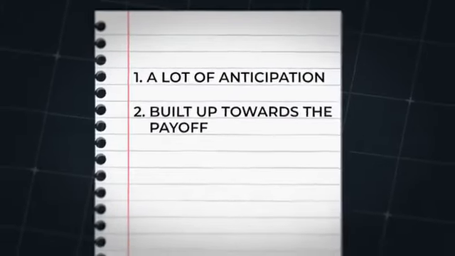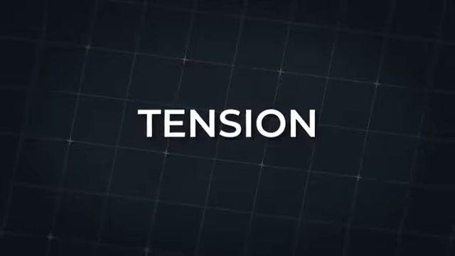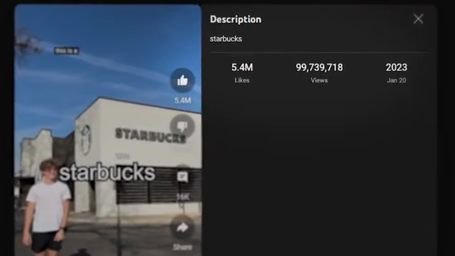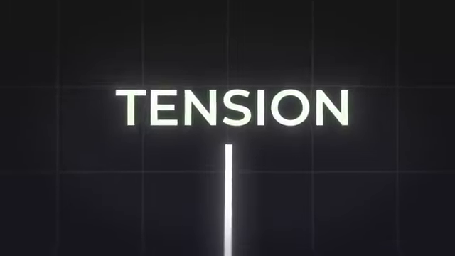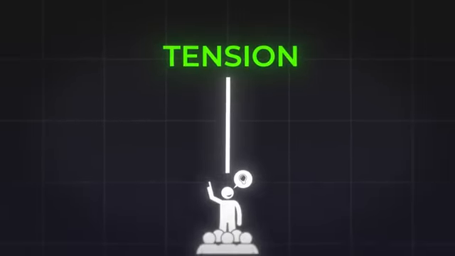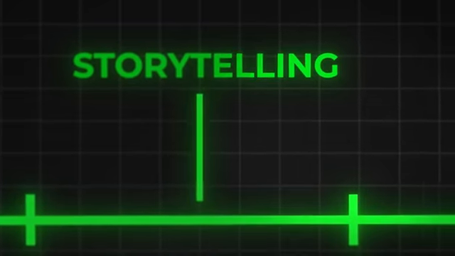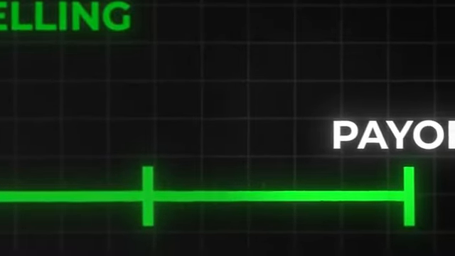The hidden tool that Ryan used here was tension. And obviously it worked because this short has nearly 100 million views. So tension is the most important instrument of storytelling, and it can be applied in very broad circumstances, as long as you're building suspense in your viewers. Now that we've resolved the storytelling and the hook, let's move on to the payoff, another integral part of your